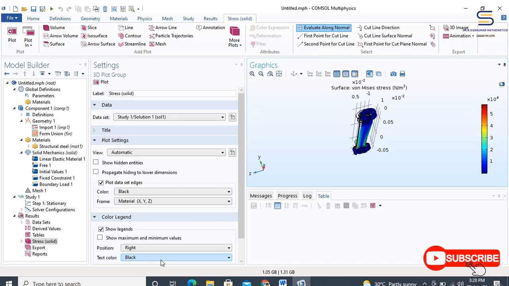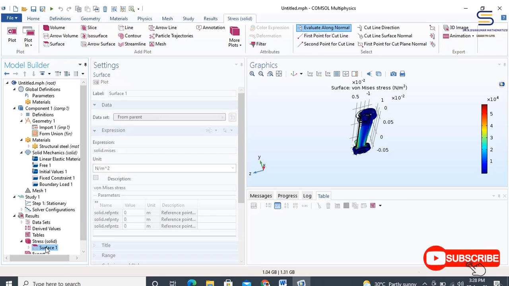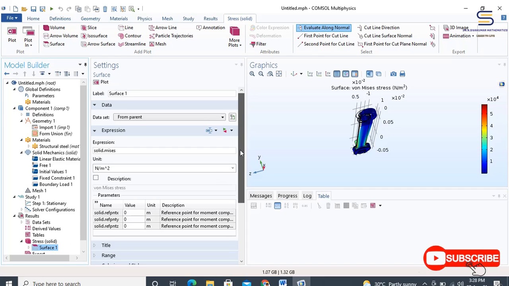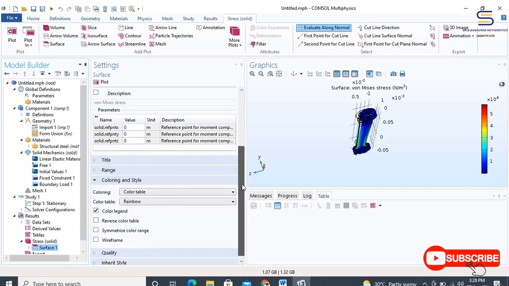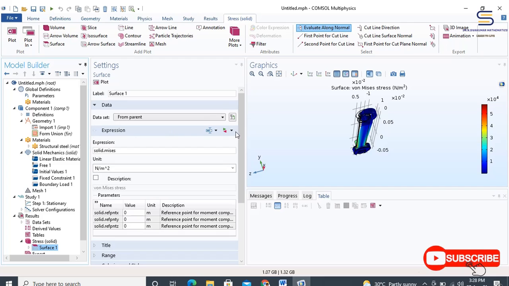Surface 1 should be created. That is, expand the results stress solid, then click surface 1. In the settings window for surfaces, locate the expression section. From the unit list, choose megapascal.